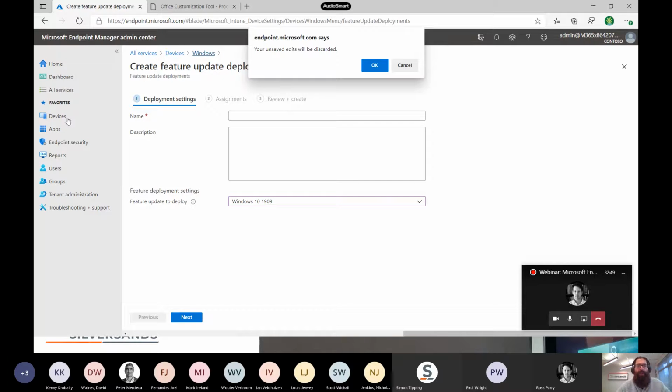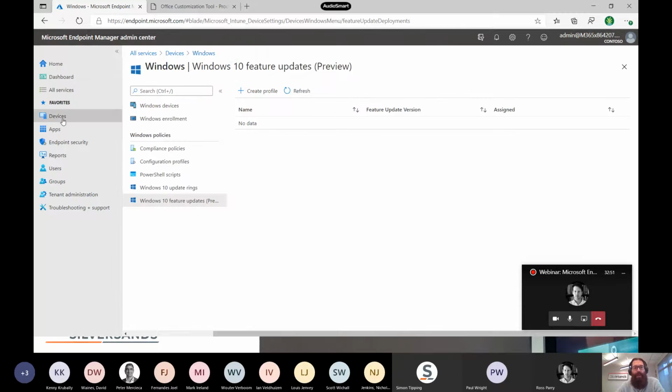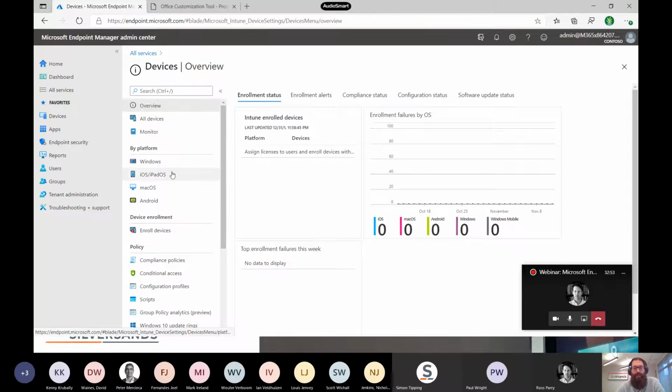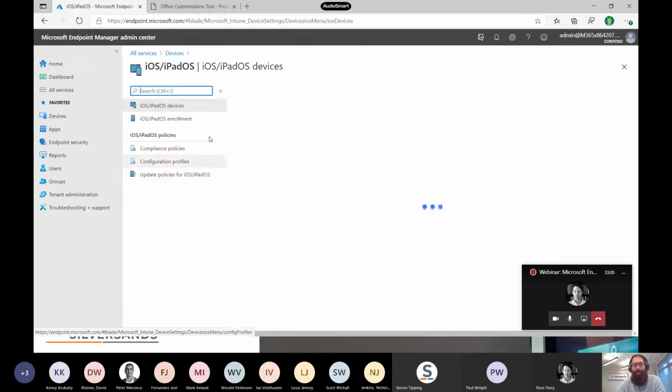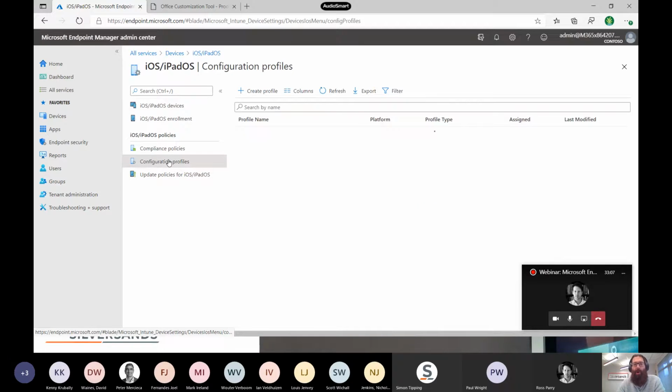So I'm going to leave the Windows devices from there and move over to the mobile, the other types of devices, the mobile devices, the less traditional ones: iOS, macOS, and Android. I'm not going to go into them in too much detail because we've done them before. There's not all that much new with these devices, other than when you are going to create the policies,